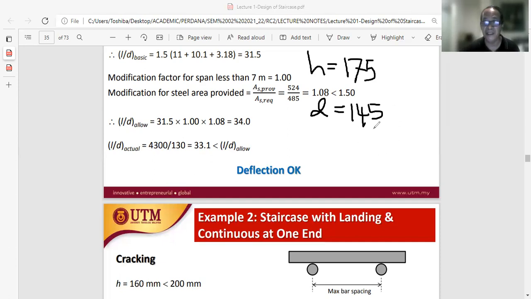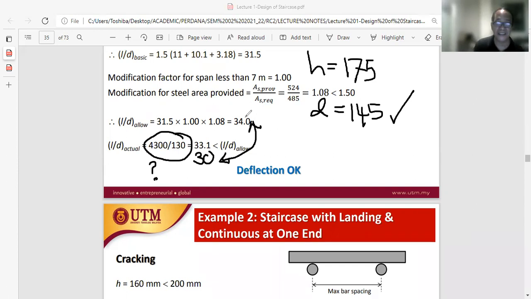So if my D is 145, then what would be this ratio? L over D, how much do we get? 4300 divided by 145. Anyone? 29.7. 29.7, approximately 30. Now we can see the difference between 30 and 34. It is a bigger difference. It is a safer difference. A bit safer. So that is why I've mentioned earlier that if we were to use 175, we would